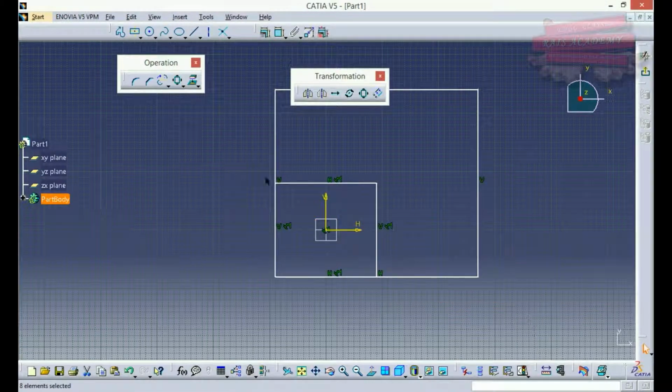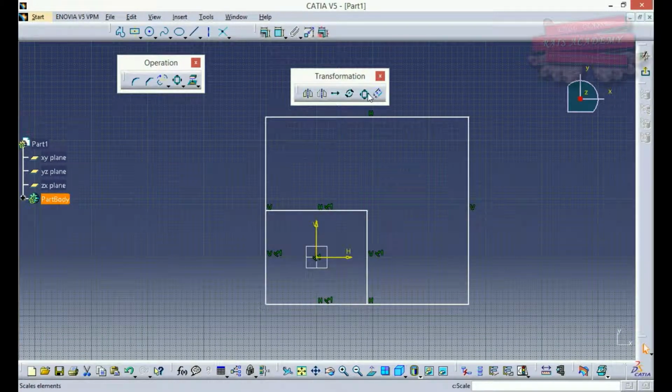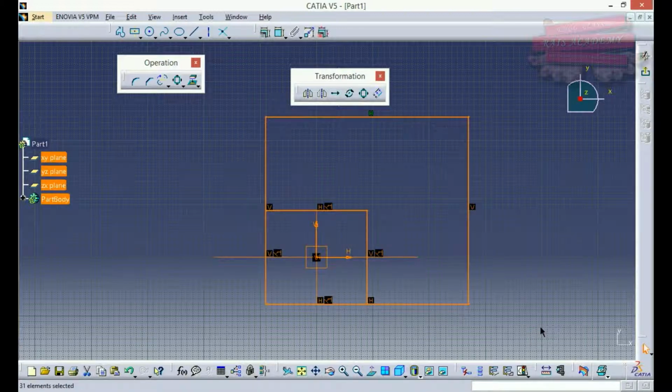Now what we have here is a box which is twice the size of this box along the x-axis and along the y-axis, which means the area of the box would be 4 times the area of this box, and both of them have a common base point. Okay, so in this way we complete our scale feature. Now we'll delete the object.